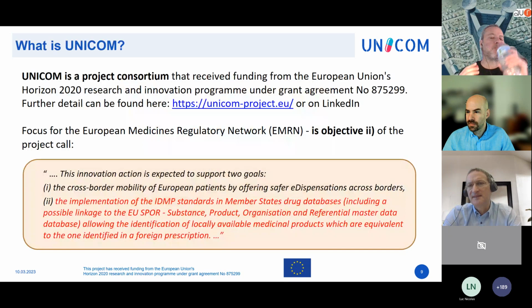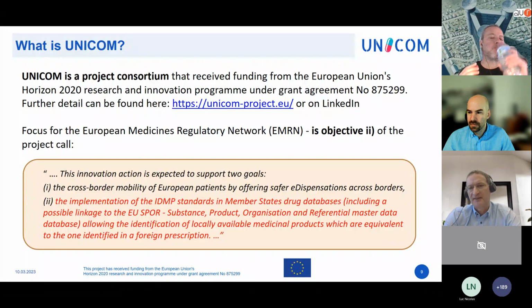You can also see that these slides are UNICOM branded. We are a consortium of, I think, more than 40 or 50 partners across Europe. And we received funding from the European Horizon project to foster the implementation of this new standard across Europe.